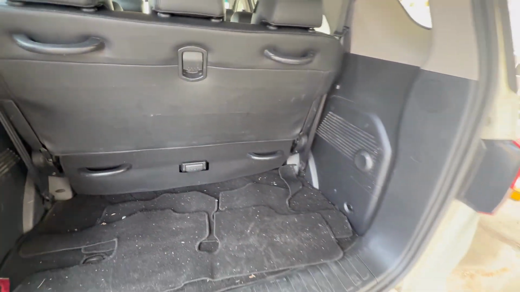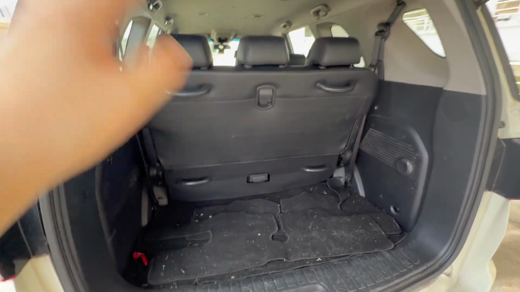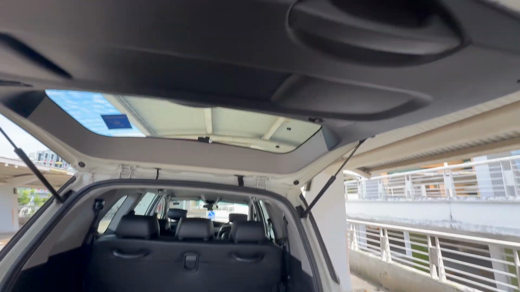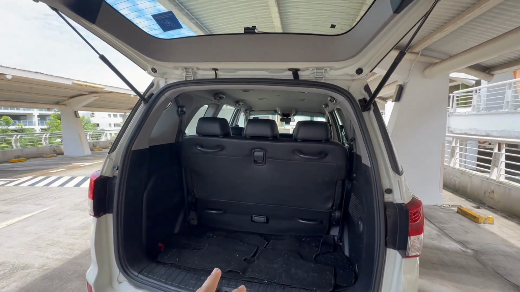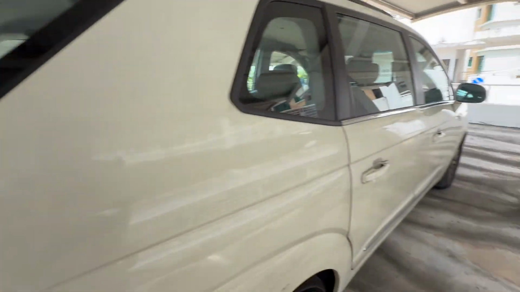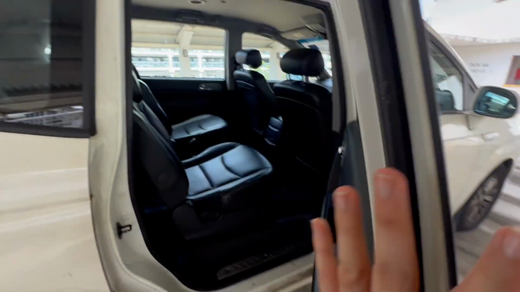So probably I'll do it later on while figuring out how to do this itself. But to close the trunk, it's just very simple. Just need to grab this lever and you're able to close the trunk space for the Staria itself. Let's say if you want even more space, you could actually